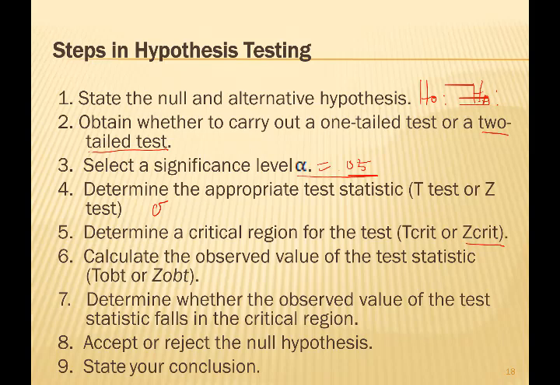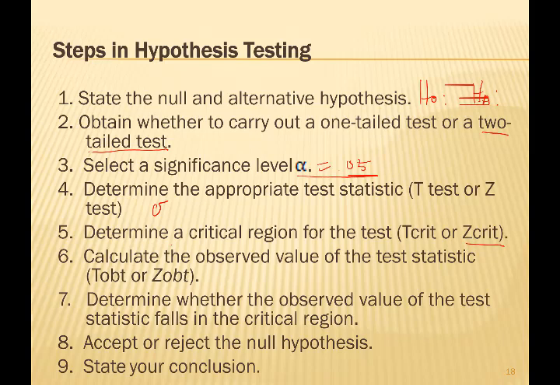And then step 6 is to calculate. So whether you're doing a t-test or z-test, we would do the calculation. And then steps 7, 8, 9 have to do with the results and conclusions. So in step 7, it says determine whether the observed value of the test statistic falls